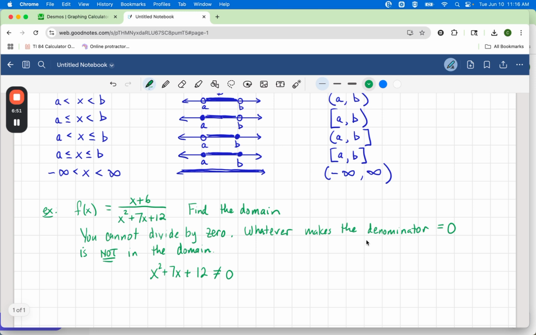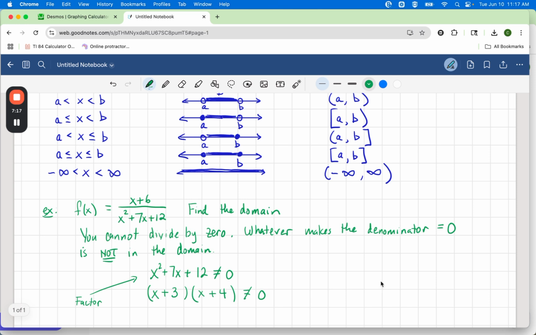Then we got to factor, right? We're going to factor x squared plus 7x plus 12. So it's understood that you're supposed to know how to factor coming into Math 111Z. So I am just going to say this. You have to figure out what multiplies to 12 and adds up to 7. So that's 3 and 4. So my factorization is (x plus 3)(x plus 4)